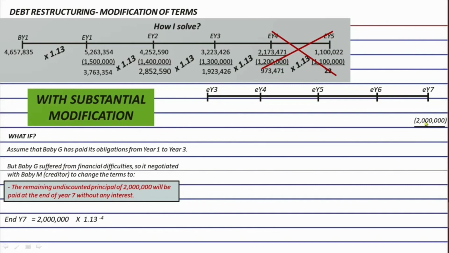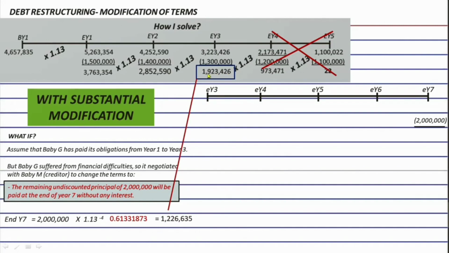And we are still here at the end of year 3. So we need to go back by 4 years. So the n is 4. And we raise it to -4 or -n. Okay? Now, the present value factor, if you simplify this, is 0.61331873. Now, let's multiply it with the 2 million and we will get the present value already of 1,226,635. Okay? So after that, let's compare this old balance of the loans at the end of year 3, which